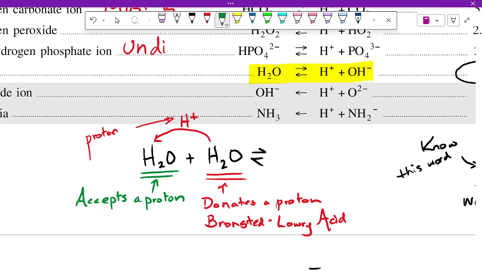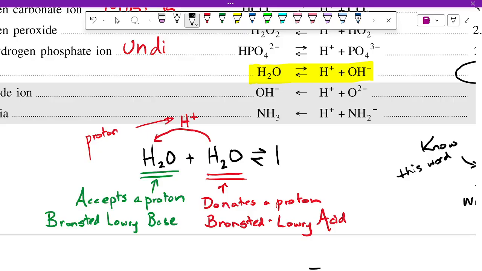A Bronsted-Lowry base. Does this seem familiar from your spring break homework? Yeah. Excellent. Good. Okay, so we have our Bronsted-Lowry base, we have our Bronsted-Lowry acid, and this guy over here